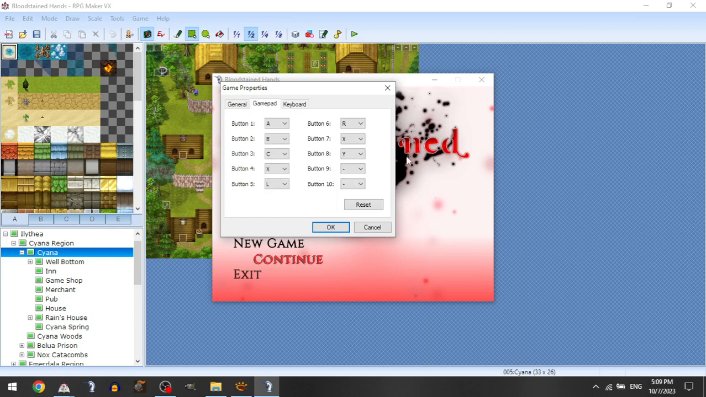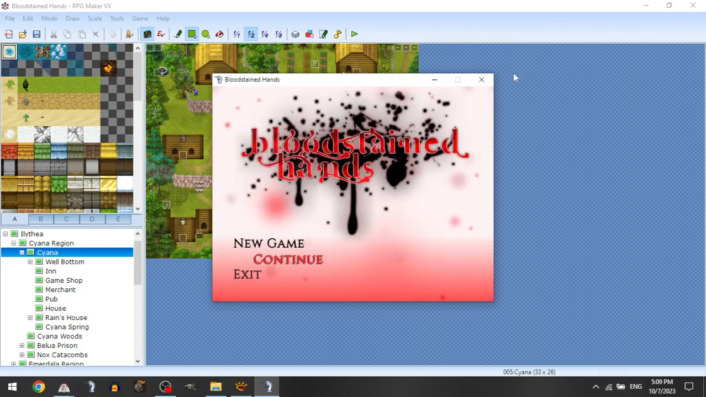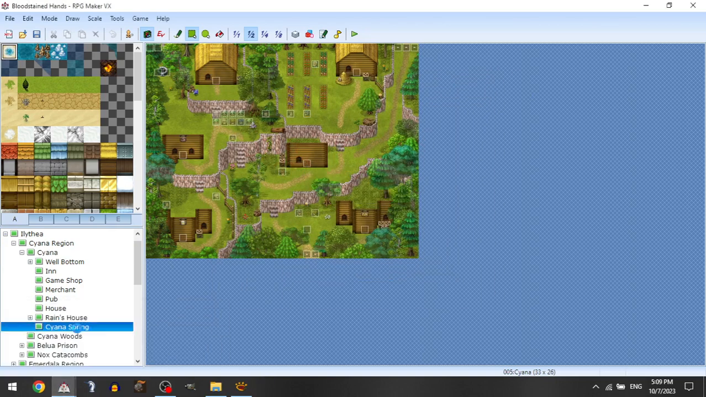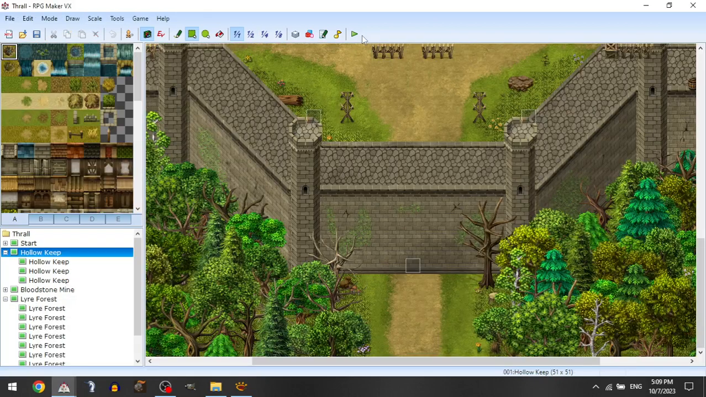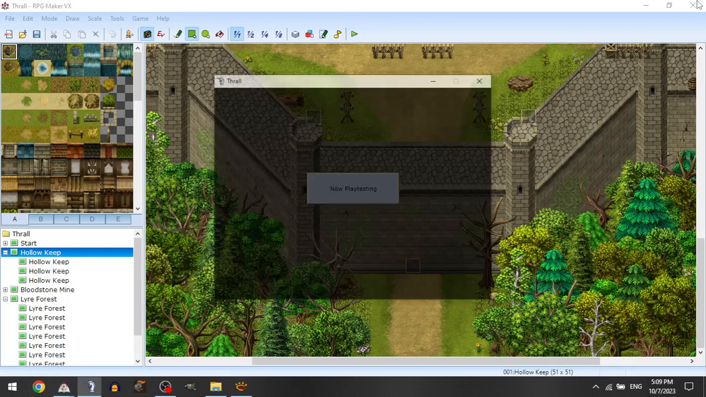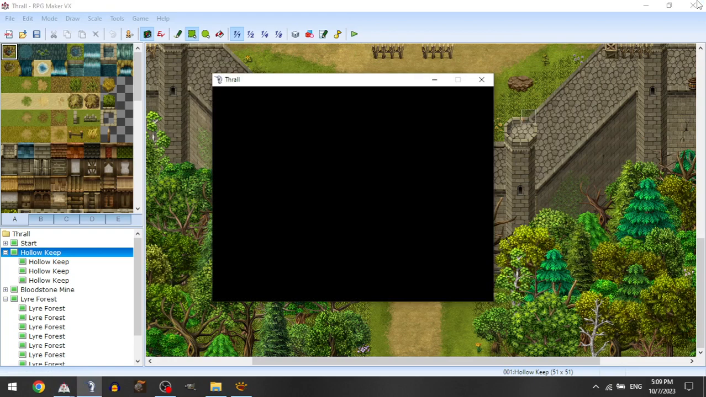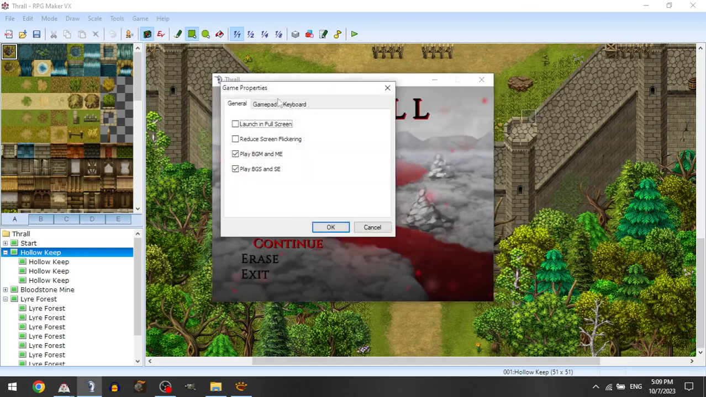Let's go to the Gamepad tab as an example here. As you can see, I have my buttons configured to A, B, C, X, L, R, X, Y. Now if I reset this, so now it's A, B, C, X, Y, Z, L, R, and I close this and open up a different game, if I open up a different game made with RPG Maker, in this case Thrall, and I open up the Game Properties tab in this game, you will see that the gamepad has kept those configurations, A, B, C, X,